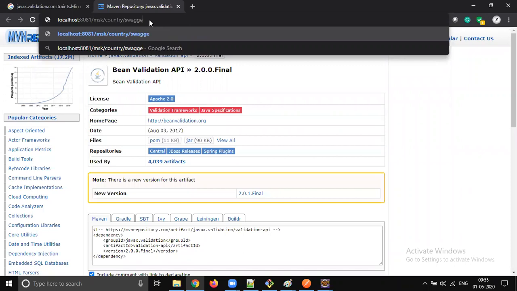So swagger dot swagger hyphen ui and swagger ui dot html, swagger hyphen edit. Okay, swagger hyphen ui. I think we don't need to say country, but let's try this out.